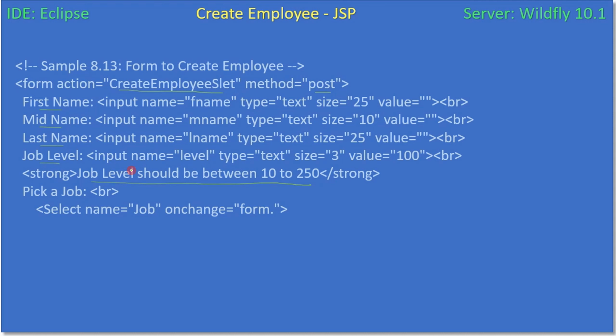Why? Because the field is validated in the SQL server, so it's good to tell the user that the job level, whatever they enter, should be in this range, 10 to 250. So these are all the static text, and if you see, we collect the input using the